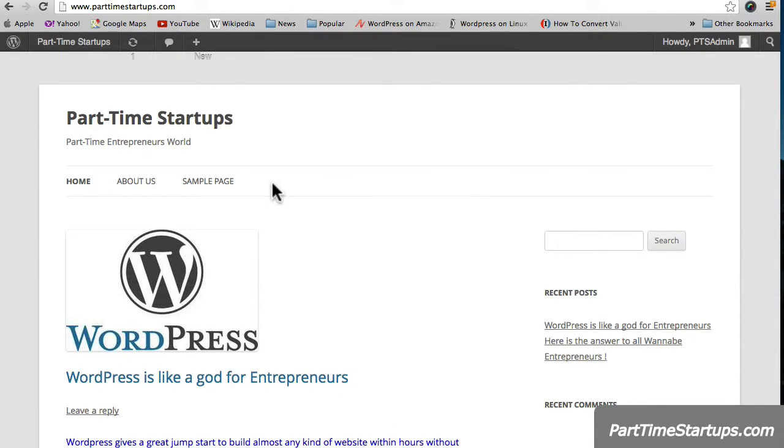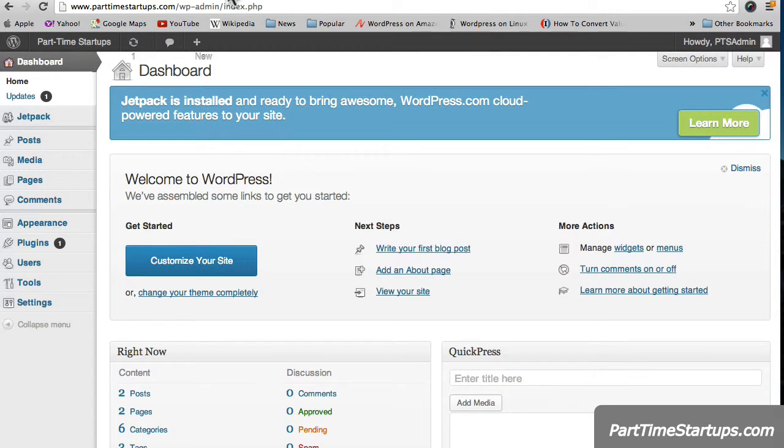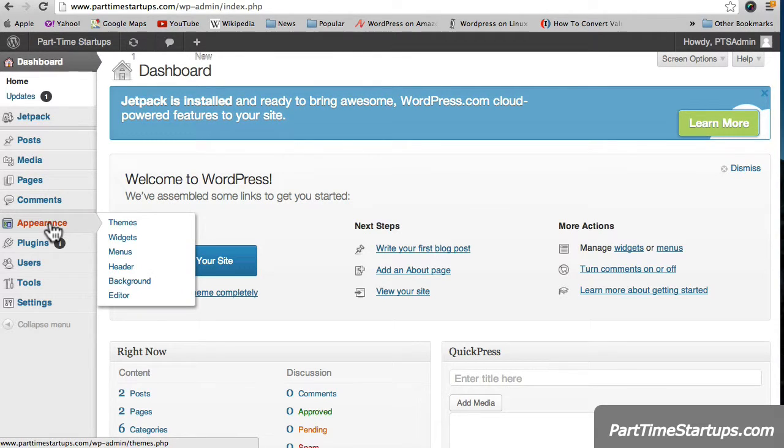So now I want to control the menu items here. As part of the menu, I see three things here, and I want to control it. I want to add more and delete this sample page here in the menu. So the way I can control this is go back to my admin dashboard and then select this appearance, and